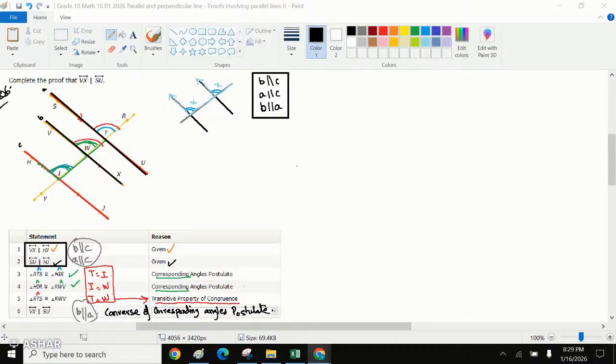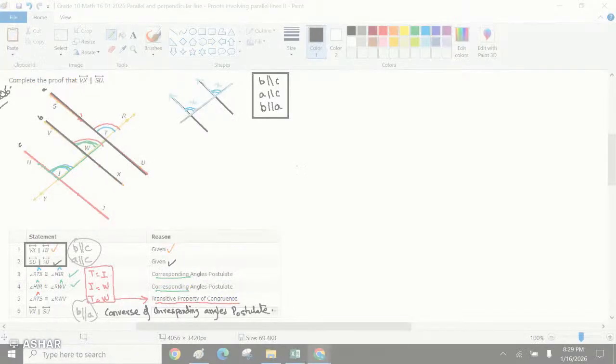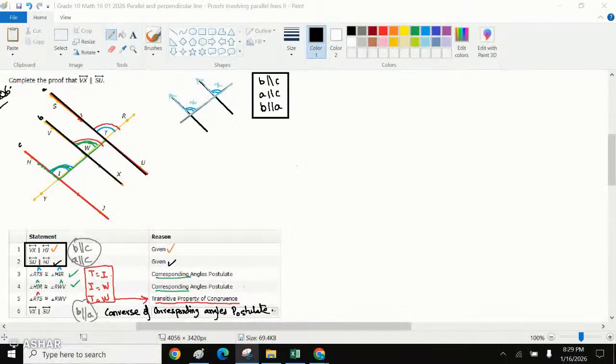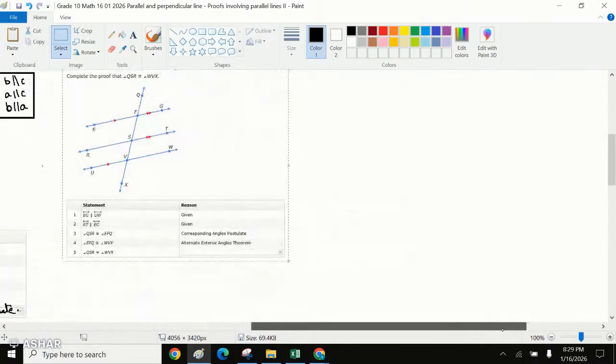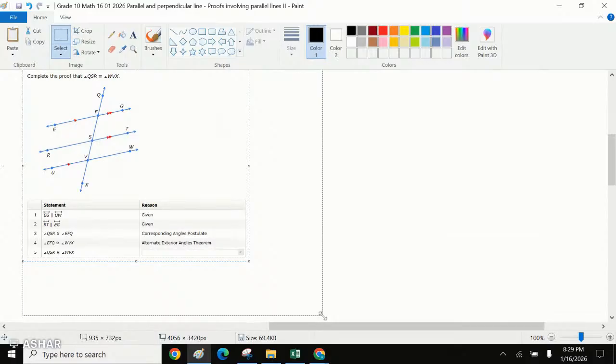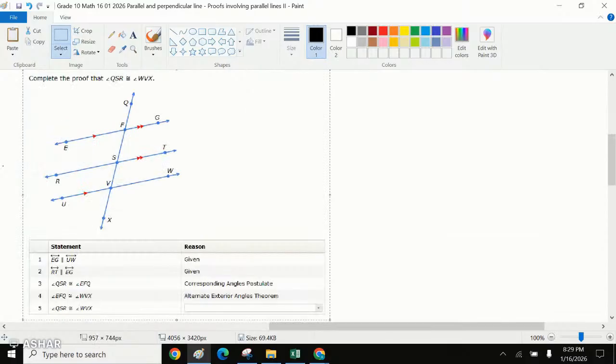Okay, let's try one more. The next question that we have is again a set of three parallel lines, and we'll see what we can do with parallel lines over here. Question number 7. I'll just move ahead. If this is our given question number 7,